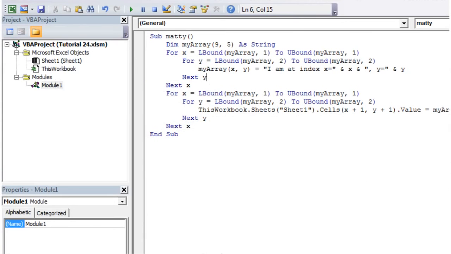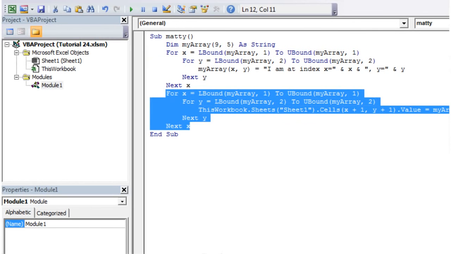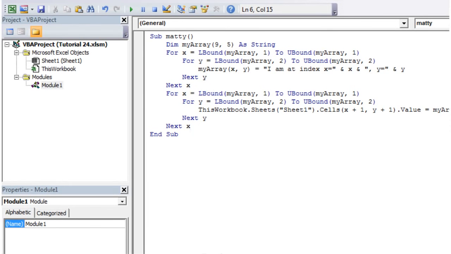So just to recap, we've created a two-dimensional array. We've then used a for loop to go through it, and then another for loop to print it out on the screen, with the nested for loops to go through the y's. If you had a three-dimensional array, and I'm not actually going to do an example because I think you'll probably be able to get the idea from this,